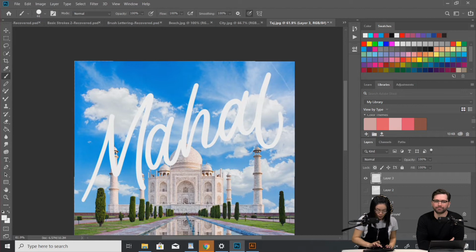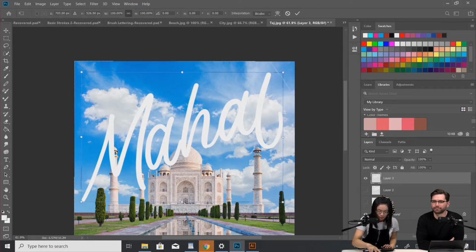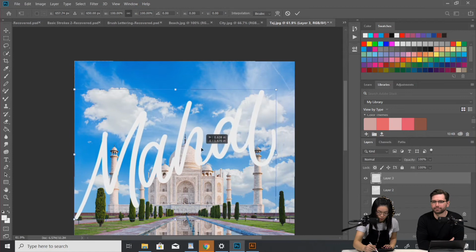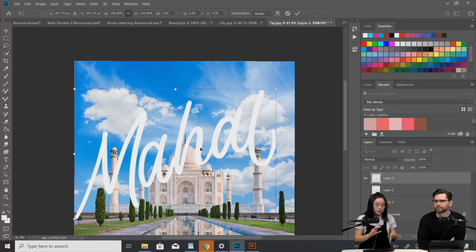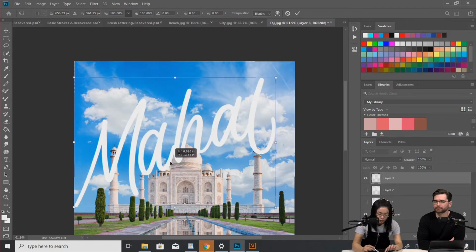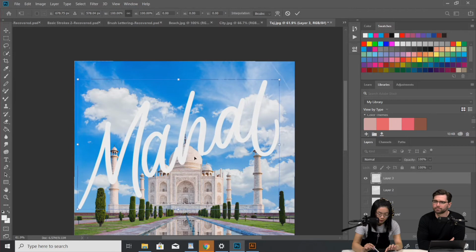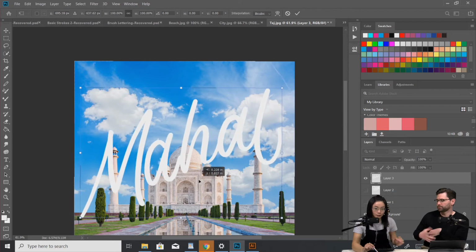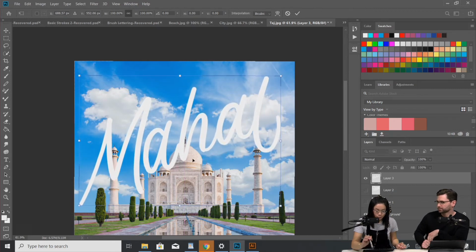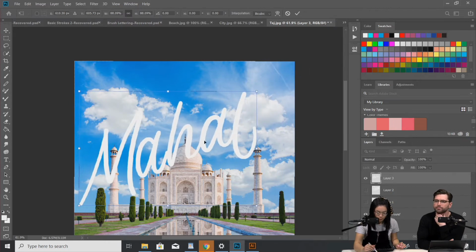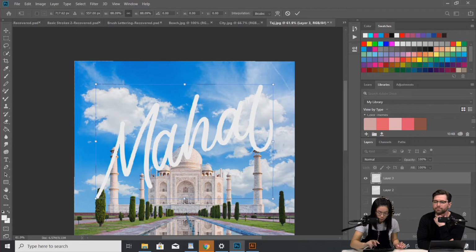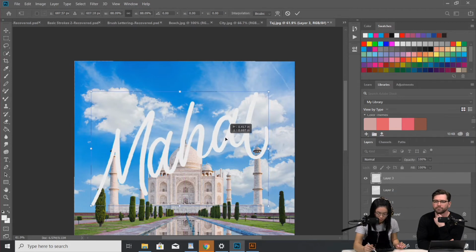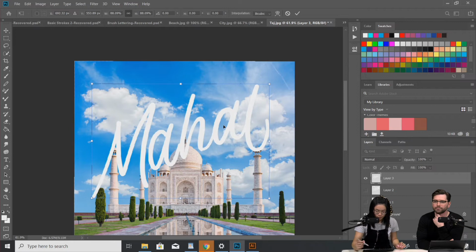I'm just going to Control T this and move it to where I want. When I'm doing this, I want the picture to show a bit, but I don't want the letters to get lost. So it's important where you put the letters, because this can be easily mistaken as a B if you put it too low. Right, so if you cover up too much of the text, it becomes a little bit illegible. I'm going to make this smaller. Okay, that seems good there.